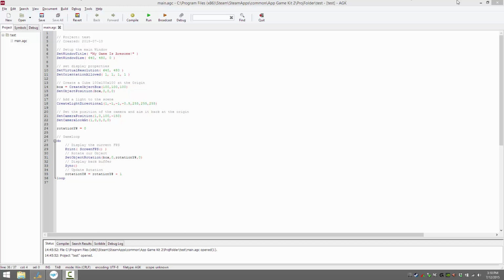As you can see in front of you right here, the heart and soul of it is probably this guy right here, the AGK IDE. This is based off of the CodeBlocks open source C++ editor. It provides your basic editing functionality for AGK script. AGK script, as I mentioned earlier on, is a BASIC derived dialect. So basically, pun not intended, it's BASIC,